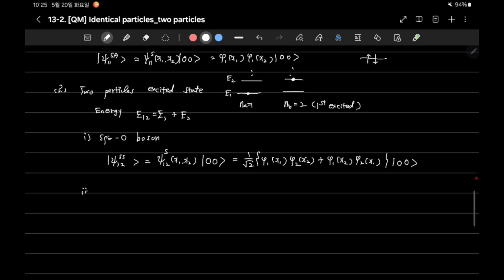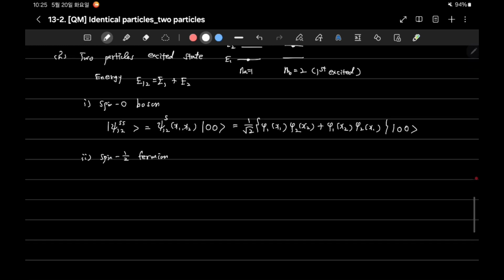And then the fermion case, the spin 1/2 fermion case. Then the total wave function for the 1, 2 particles in the fermion case should be antisymmetric. Antisymmetric case. So the first thing is the spin singlet state. Spin singlet, spin up and down. So it is antisymmetric because it is